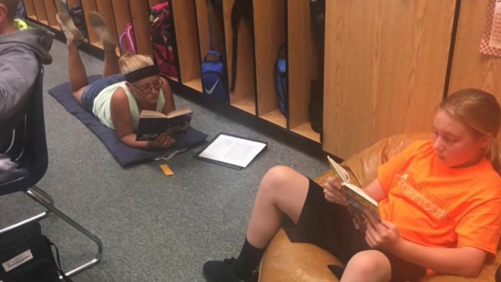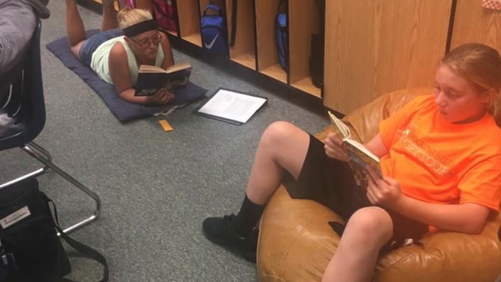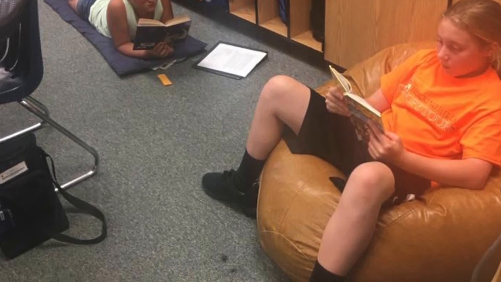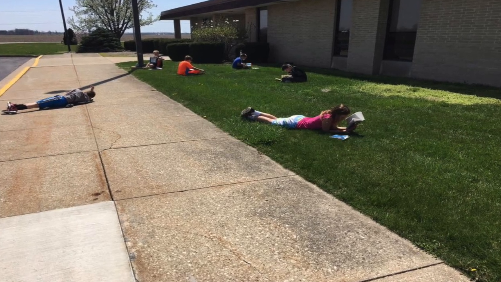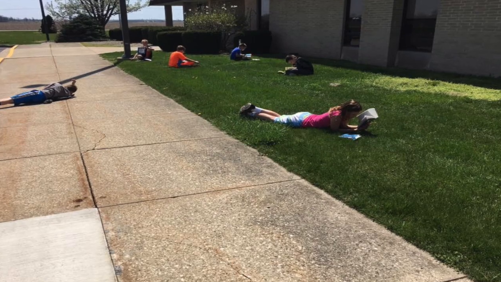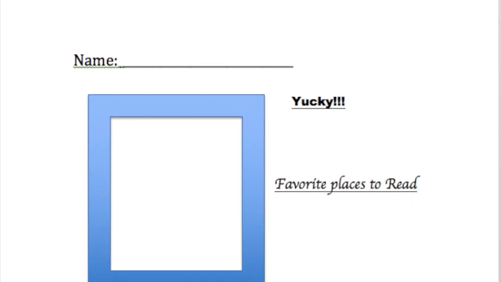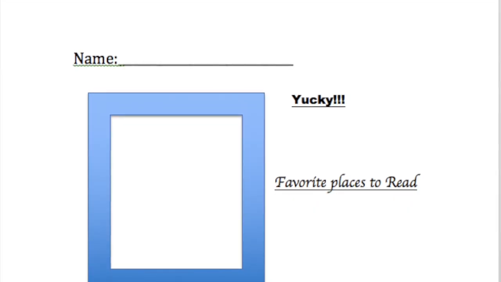I have several comfy things. You'll see kids that are having discussions, students making notes. They are laying down. We have read outside. It just looks very different than a typical reading class. And one of the first things that I do with my students when they come to reading class is